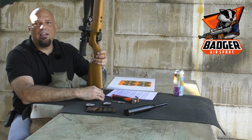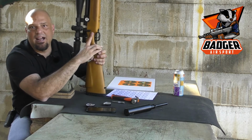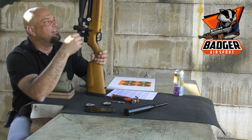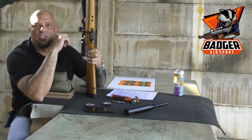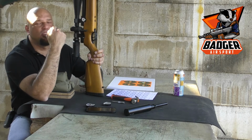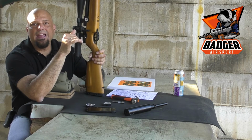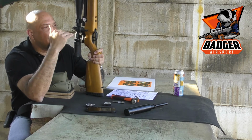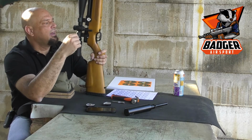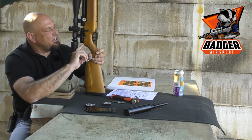Now, once again, I've just mentioned that mine sits on 1600 psi. So in order to do that, it's just over a quarter turn that this adjustment is made. So don't make big adjustments. You can rather play with the hammer spring. As soon as you get to 1600, 1800 psi, and you want to shoot your 18 grain pellets at about 850, that's where a rifle is comfortable with 18 grain pellets. That's where you want the setting to be, 1600 psi,